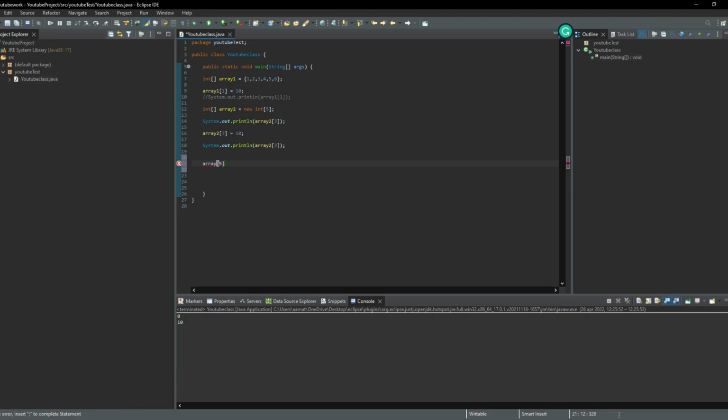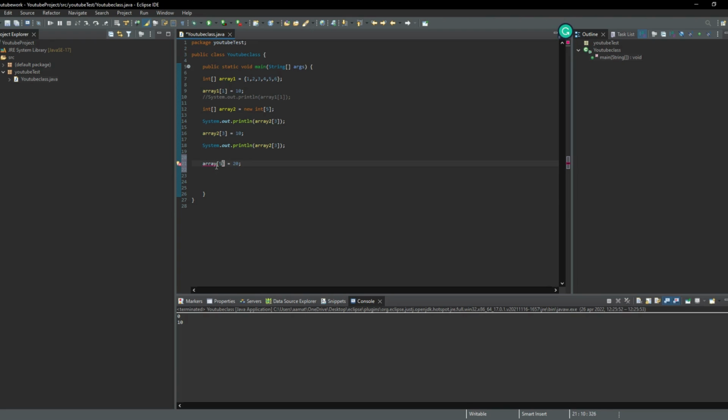Remember that the position 5 here doesn't exist, because the array starts from 0, so the last position is 4. If you have 5 elements, the last position is 4. Position 5 would mean 6 positions, but we have just 5 positions. So if I write array2 position 5 and try to assign a value here, let's say 20,